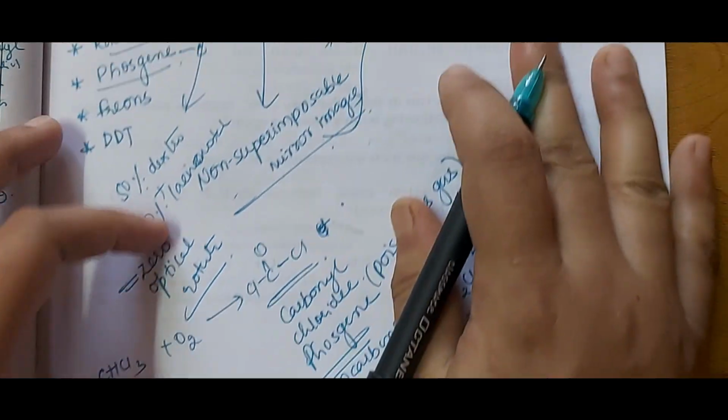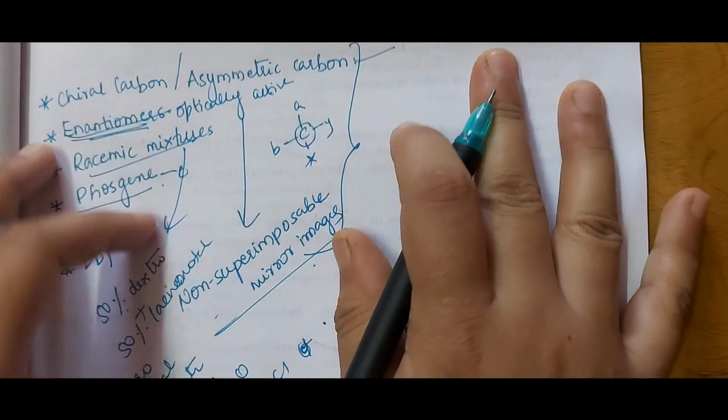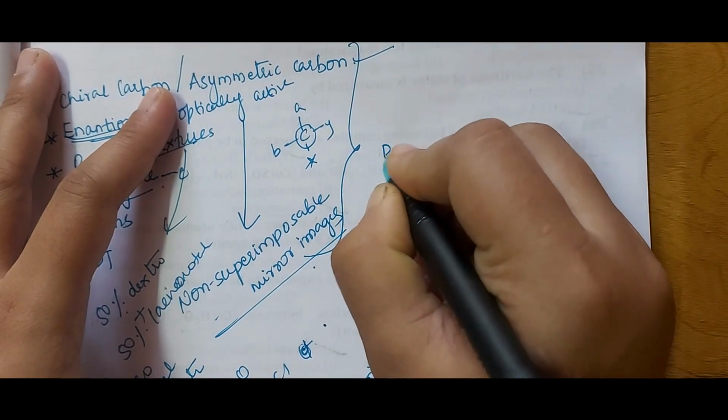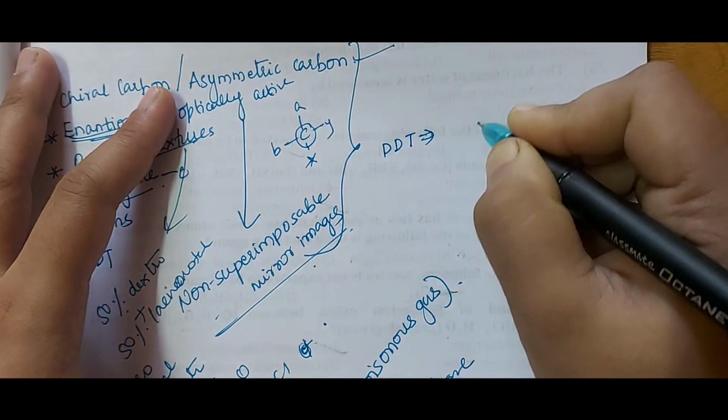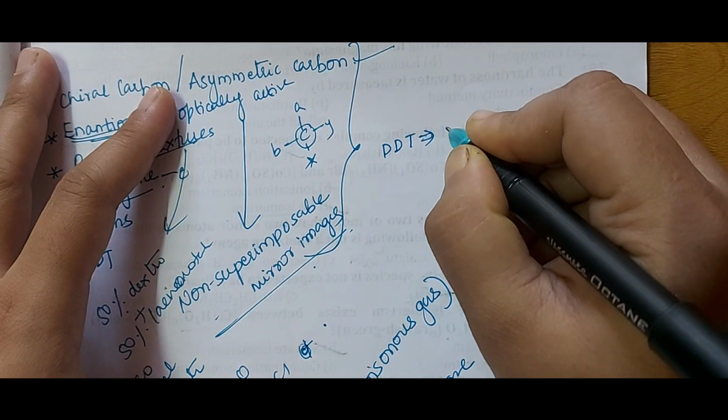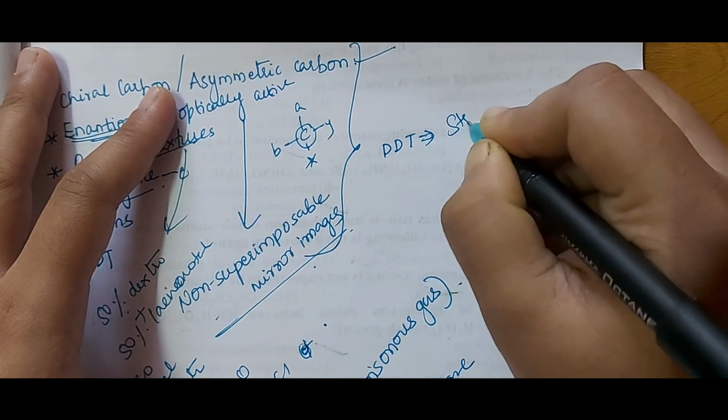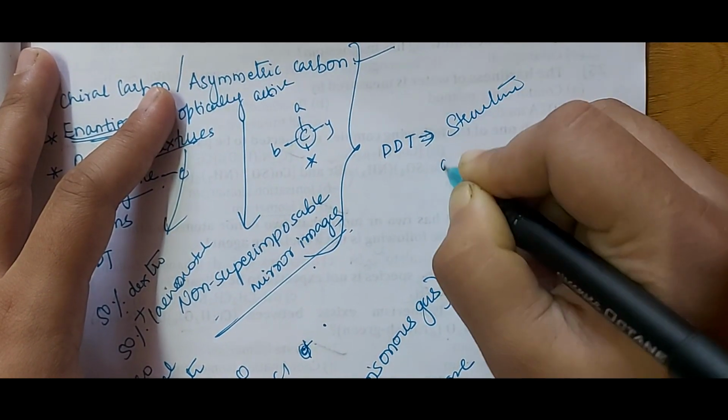Next is DDT. So you should know the structure of DDT. DDT is prepared by using chlorobenzene and chloral in the ratio 2:1, and DDT is nothing but